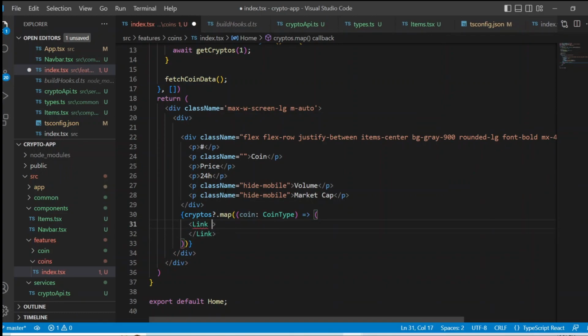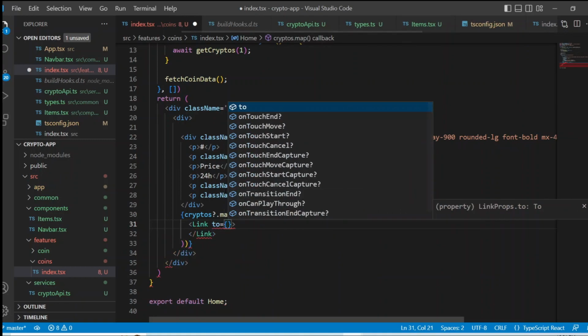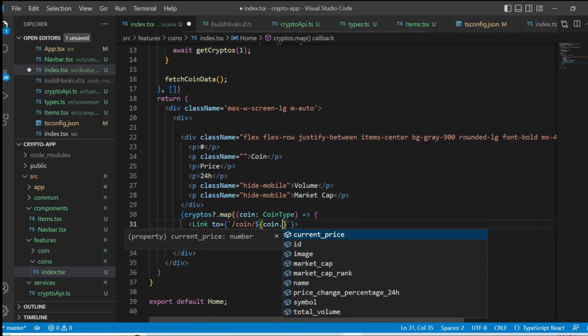So whenever you click any particular crypto coin, you will navigate towards a detail page. So I'm just specifying the URL. So coin, and that will be coin.id,